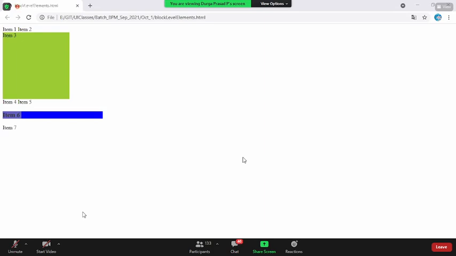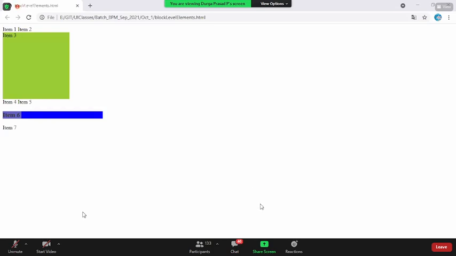Hello, sir. Go ahead, please. So we can use the paragraph tag and H tag for block level. Then why do you use the div tag? The paragraph tag's intention is not to group multiple elements. Paragraph is used to add some multi-line text content. Heading tags are used to hold headings, not to group a list of elements. If you group a list of elements using the heading tag, it is possible, but are all the items not coming unnecessarily in bold format? But when you put them inside a div tag, I'm not having any extra properties. I'm simply grouping the related items into a single block. Am I clear, Prakash? Yes, sir.